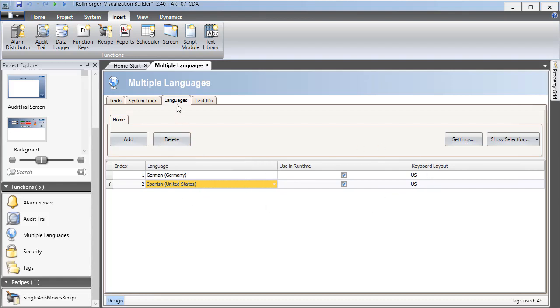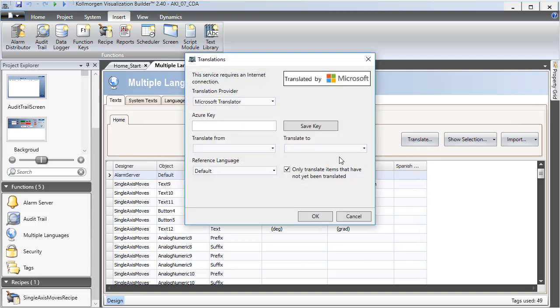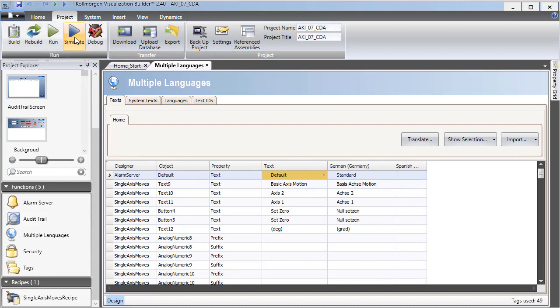Once you add it under this languages section, now if I go back to the text column, you'll see there is a new column here in the text tab. It is totally blank. I could click this translate button if I want to use an online translation software. It will go through all the strings and attempt to translate all of them. If you do that, you probably will have to go through and test your project, simulate it,